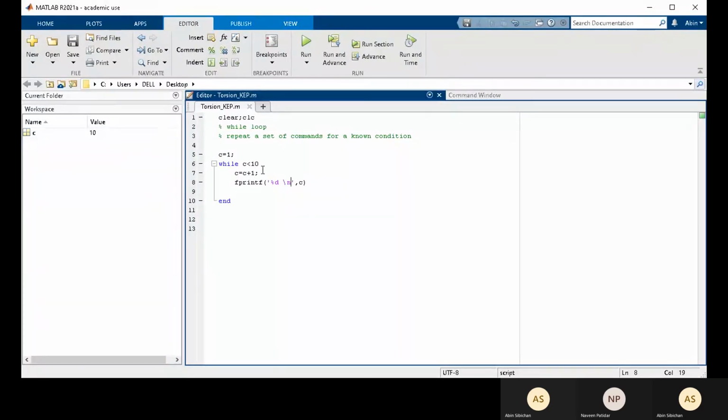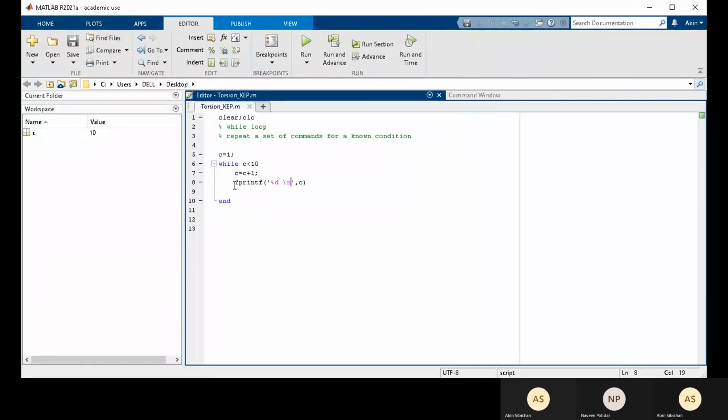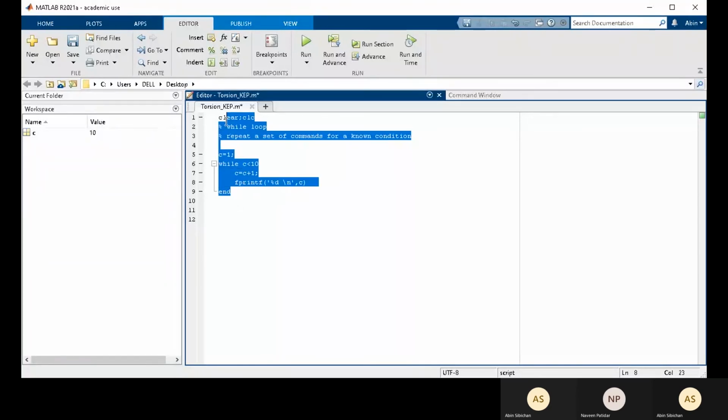So when C is 9, the next step gives the C value to be 10. That's why here the C value is 10. Once this condition was no longer being met, we came out of the loop. So this is about for loop and while loop.